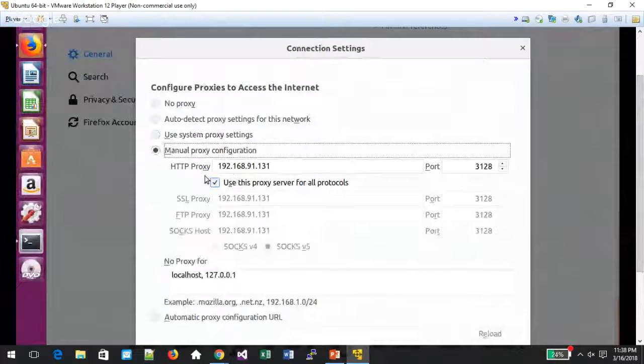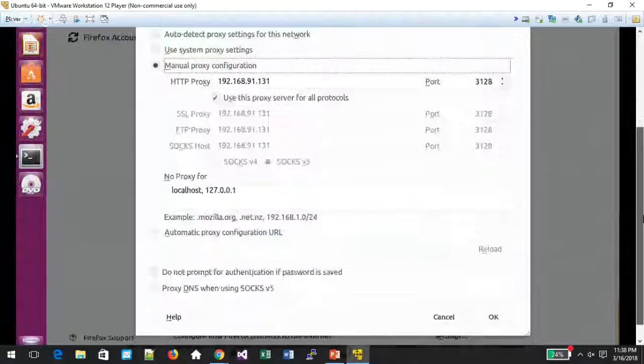And over here where it says the default for Firefox, it is on auto detect proxy. So change it to manual proxy and then enter the IP number that you got from the terminal. And Squid works on port 3128. Also, something very important is to click here where it says use this proxy server for all protocols, because that's going to help you with the configuration of the proxy, and I'll explain later why. So once you get all the information here, just click OK,